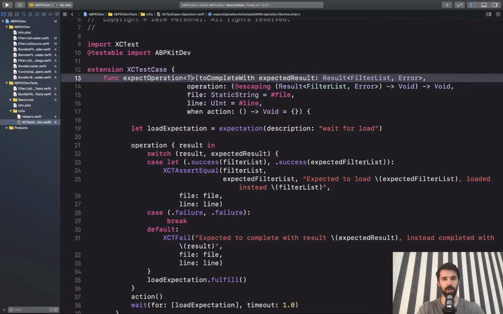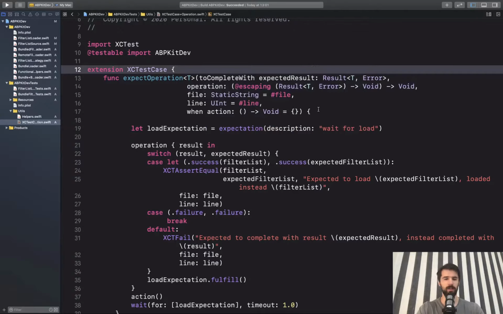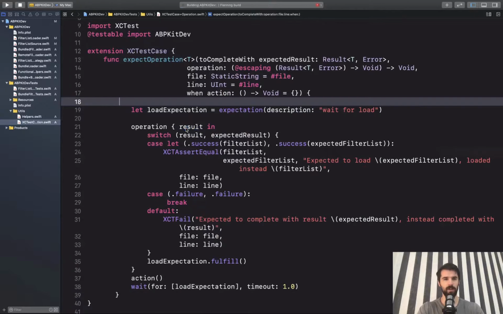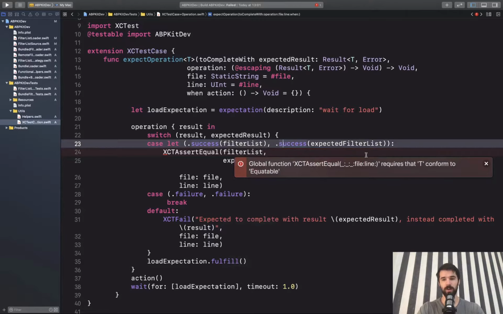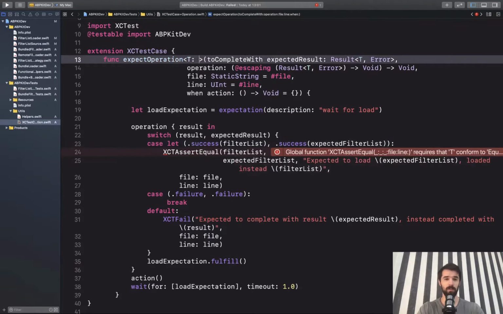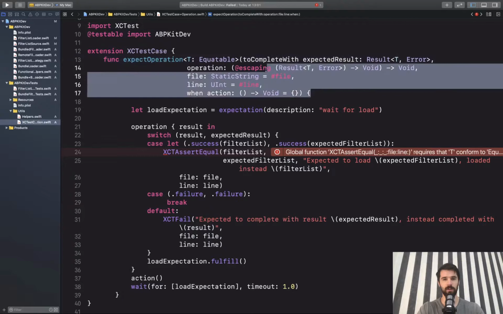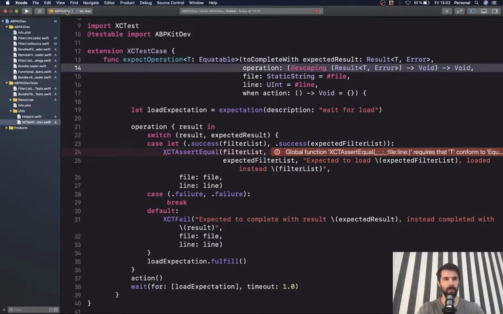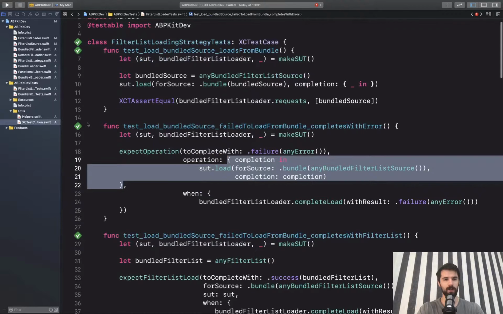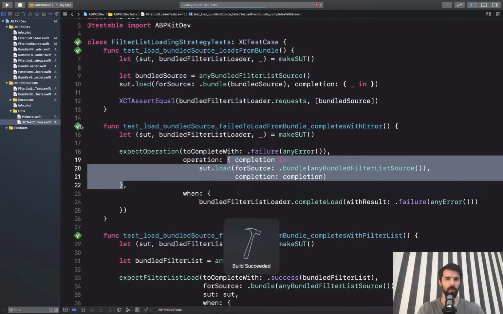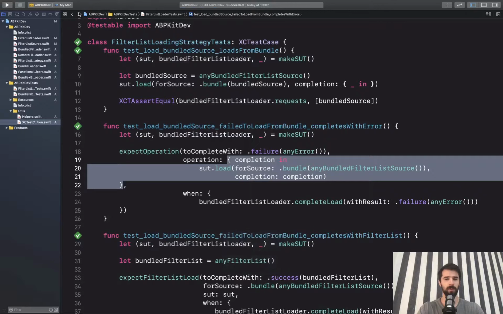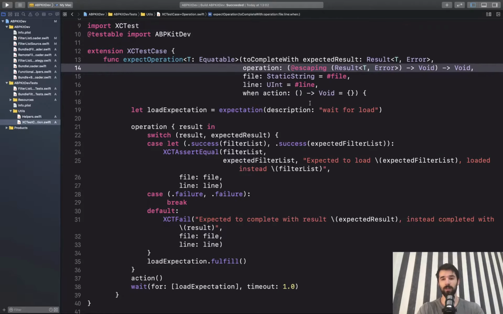Let's try and do so. We'll have here the generic T, and this. Let's try and run our test and see that it doesn't work because the assert equal requires T to conform to Equatable. Well, let's do something like this, and let's see if our tests pass. And sure, here I think we should be good because FilterList is Equatable, so we have the Equatable conformance